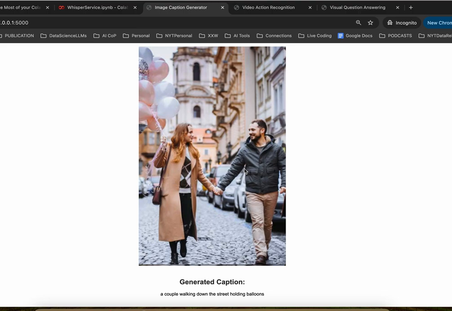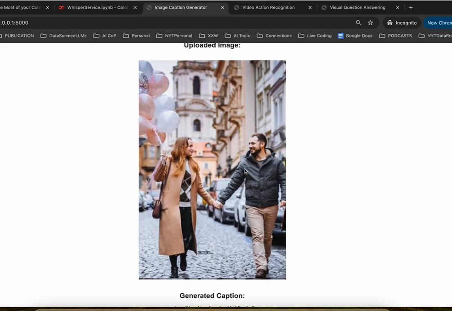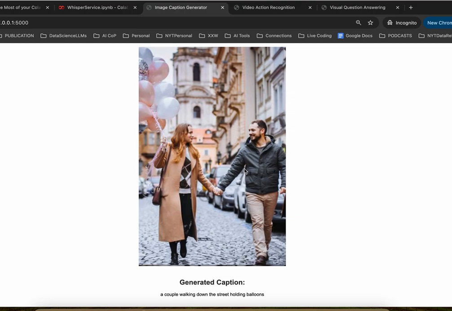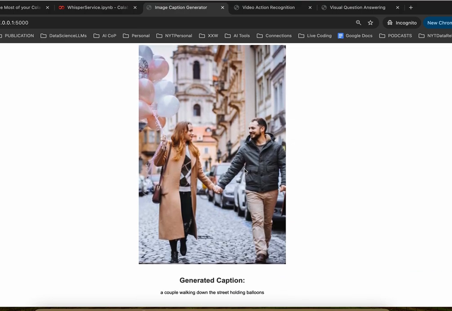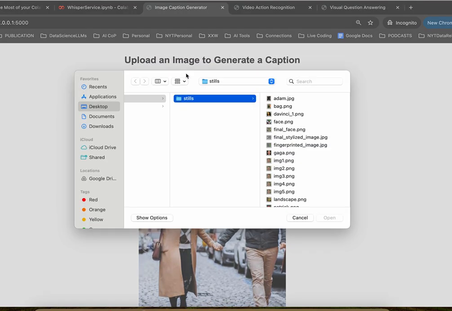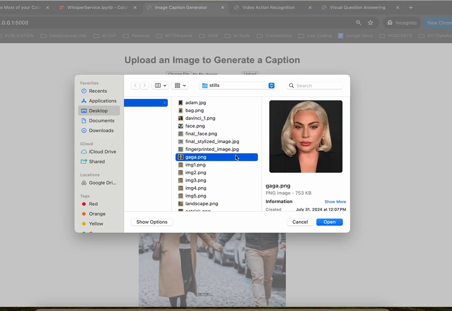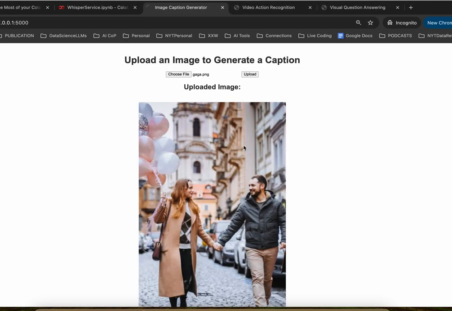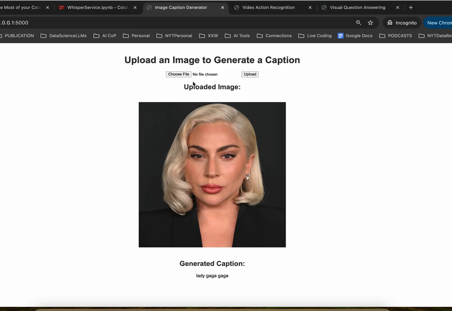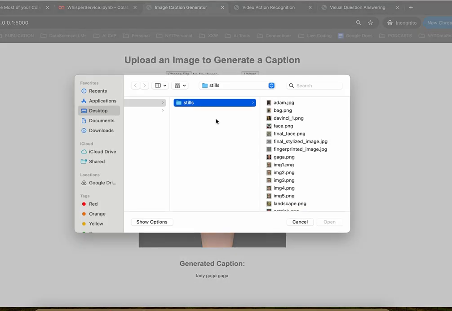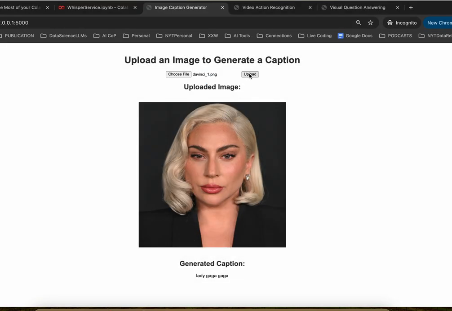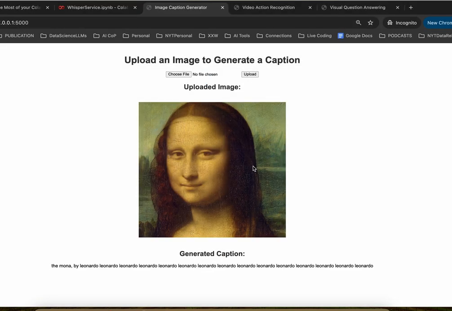And as you can see, a couple walking down the street holding balloons. There's no meta in this image, by the way. This is just literally a screenshot that I took. The machine learning model is actually learning what's happening within the image and then outputting a caption. If I choose another image, let's say of a person that's well known, because of the pre-training, it knows that this is Lady Gaga. If I choose, let's say, this portrait of the Mona Lisa, funny, sometimes all this repeated captioning comes out, but